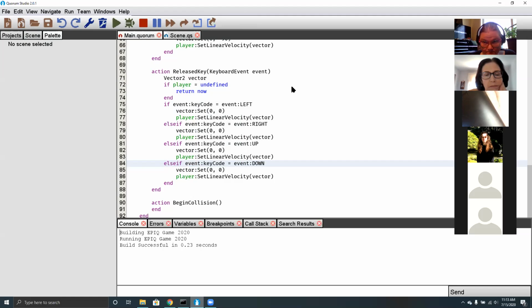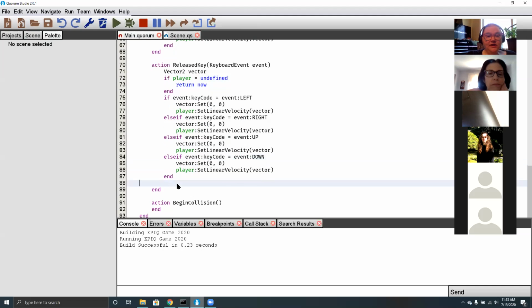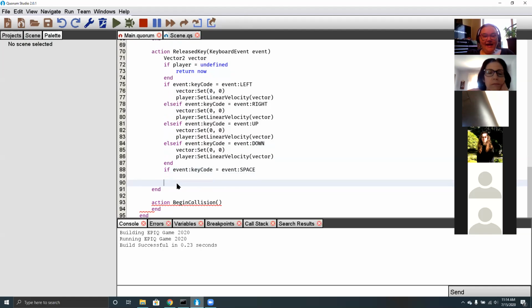Thank you. So I could write a bit of code here. I'm going to add a bit of code here that is going to say in my released key, if event key code equals event space. Okay, whoops, I spelled it wrong. Space. So I'm writing a little bit of code here that's going to activate my space key only when I release the space key. And I'm going to be tricky, and I'm going to say